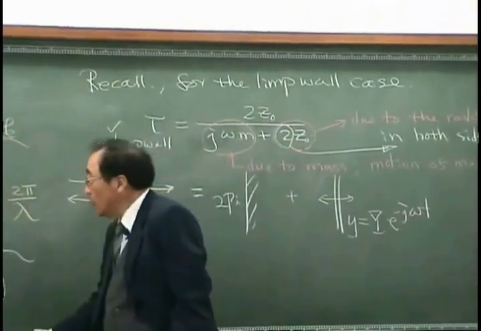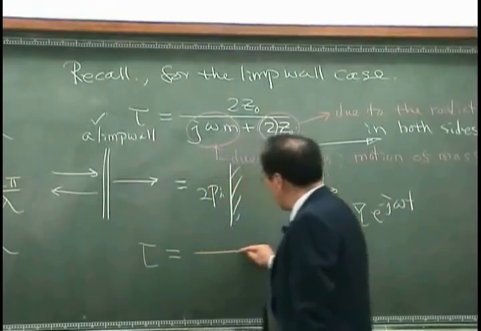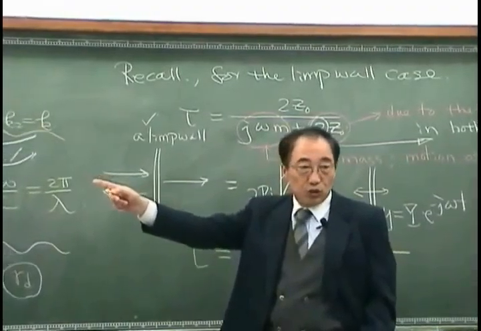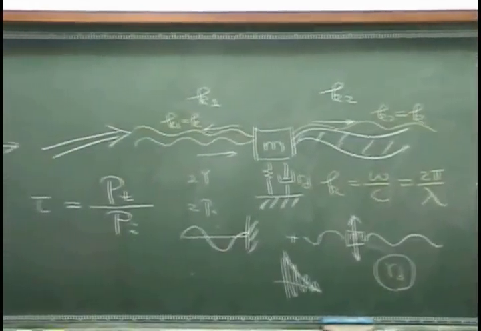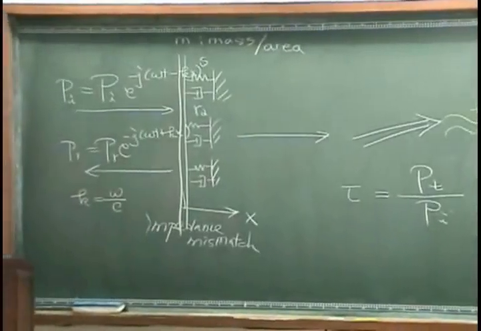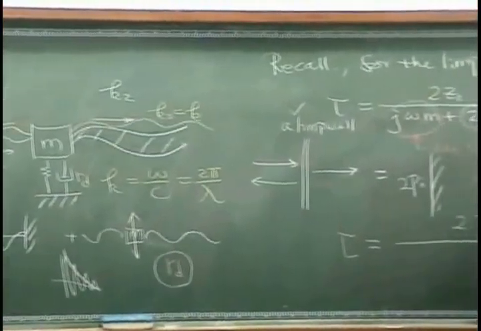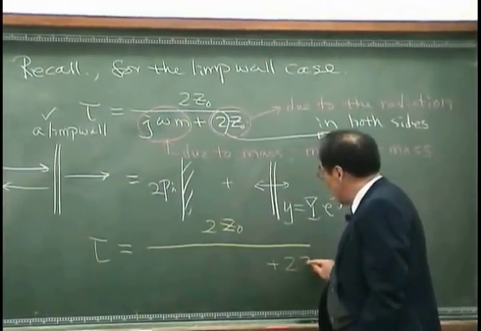Then, can we get tau due to this kind of general partition? Based on this observation, we can say that there should be 2Z0 and 2Z0,